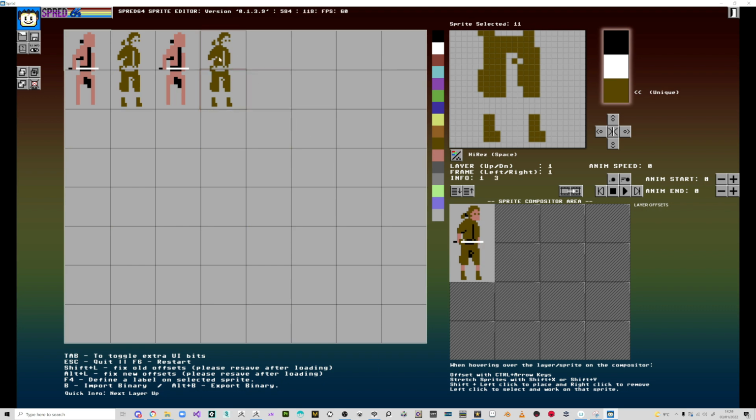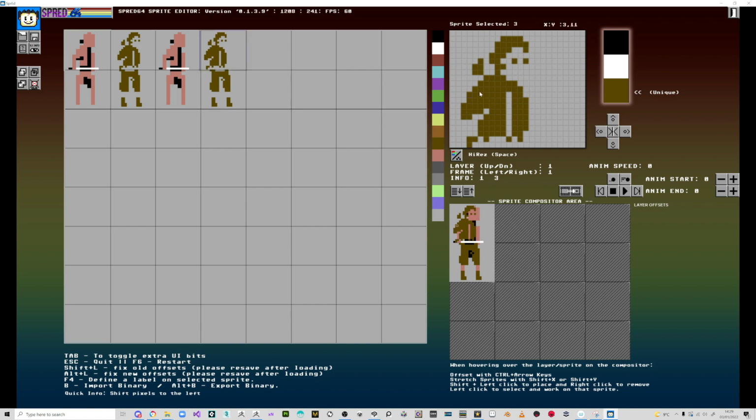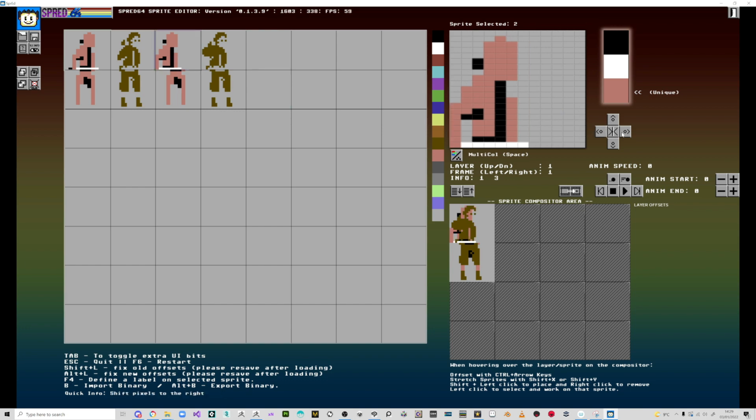So frame 1, I'm going to work on this guy first. I'm going to bring him back a bit. I want to think about his arm raising up, so it's going to create a bit of volume there. And yeah, I'll just let the hair move a little bit. And let's just see how that goes. So I need to do the same with this, so I'll bring that back to just 1 because it's 2 pixels wide. I'll take away that,